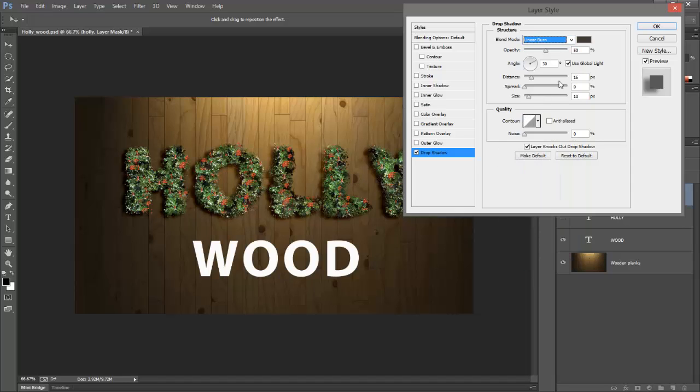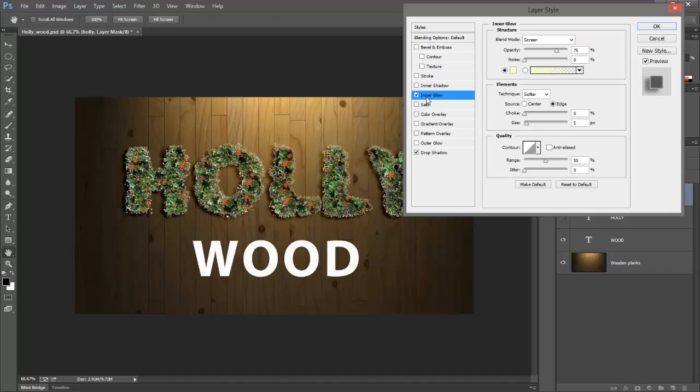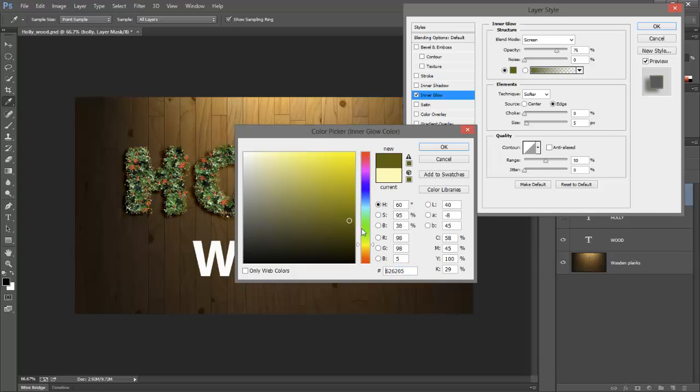And once that's on, we might want to just check what we got here. Yeah, I'm quite happy with what we got. Last thing I want to do is I want to add an inner glow. So at the minute you see, well, that's a bit over the top, so let's just change our color here to a nice green color. Let's come in here, drag this down